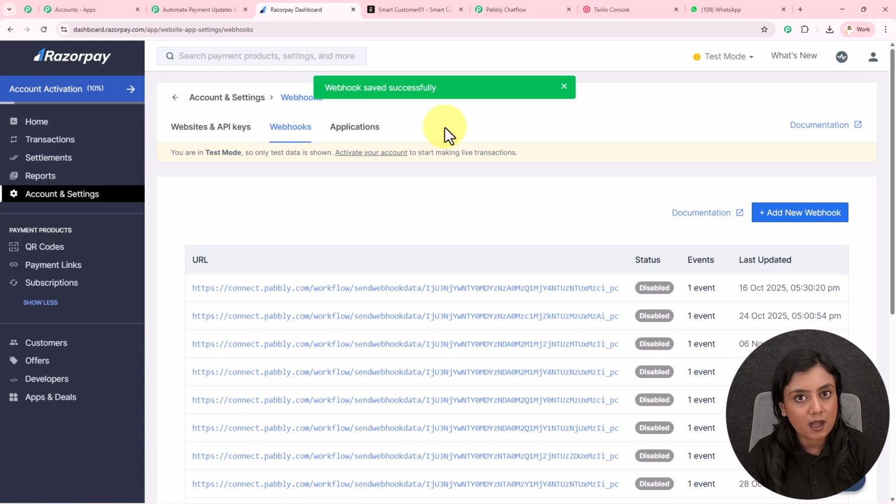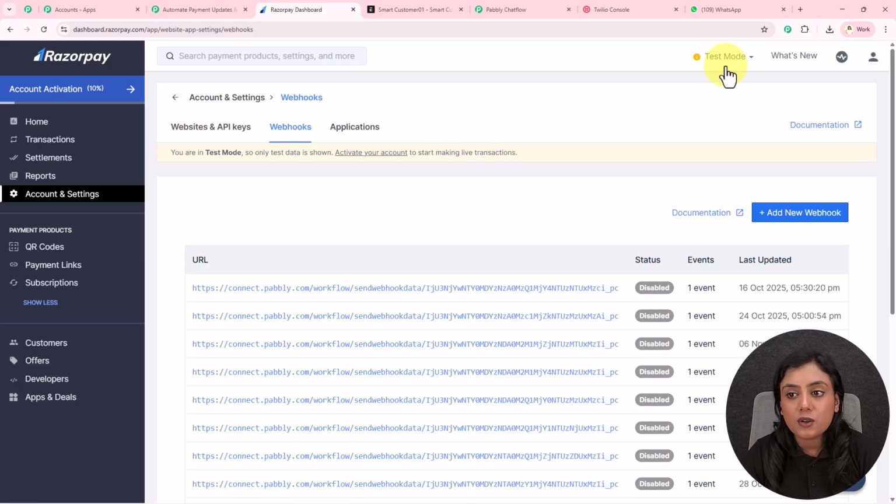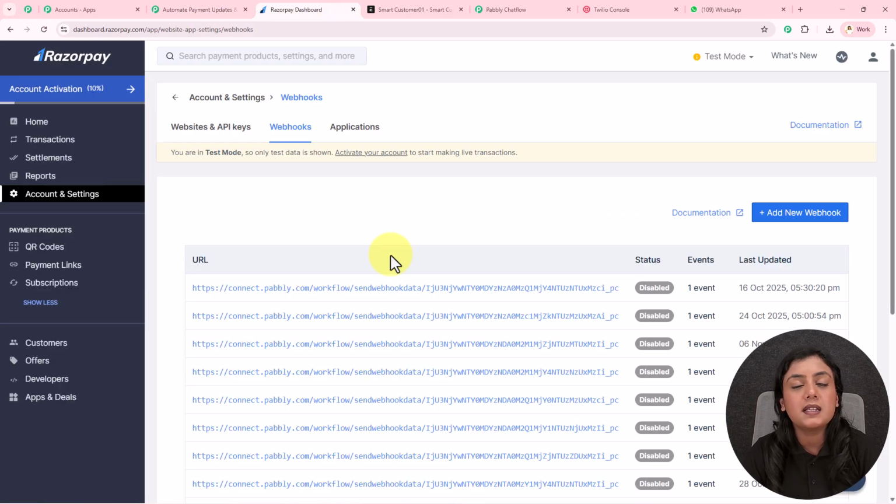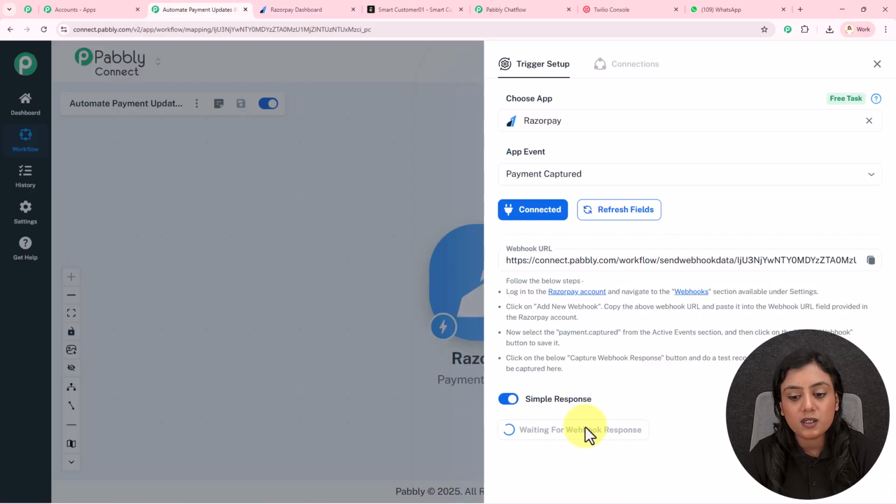my Razorpay account. I do have a Razorpay account, but it's on test mode. You can see right over here. If you have a live account with Razorpay, you can connect your live account with Pabbly Connect in this similar manner. Okay. After creating the connection, if I go back to my workflow, it says waiting for webhook response. So now to check whether Razorpay is successfully connected to Pabbly Connect or not, what I will do is I will do a test payment in my Razorpay account and check whether automatically this trigger captures the response of